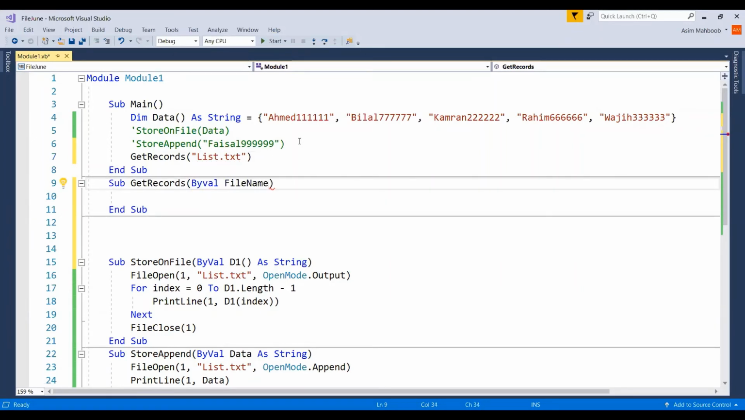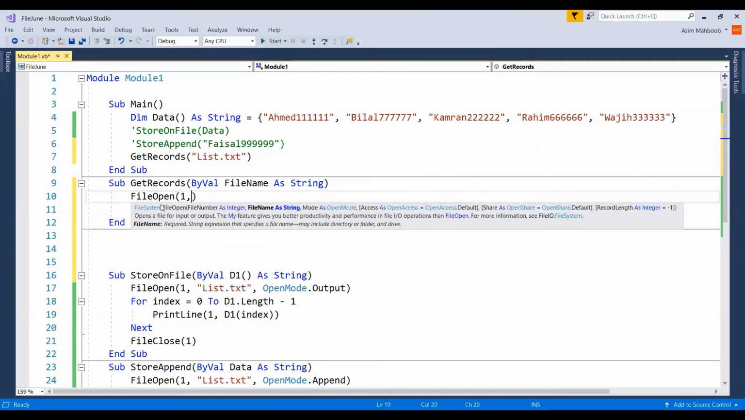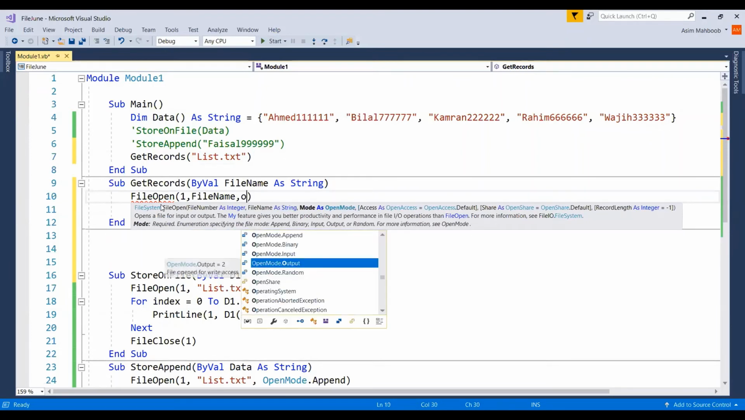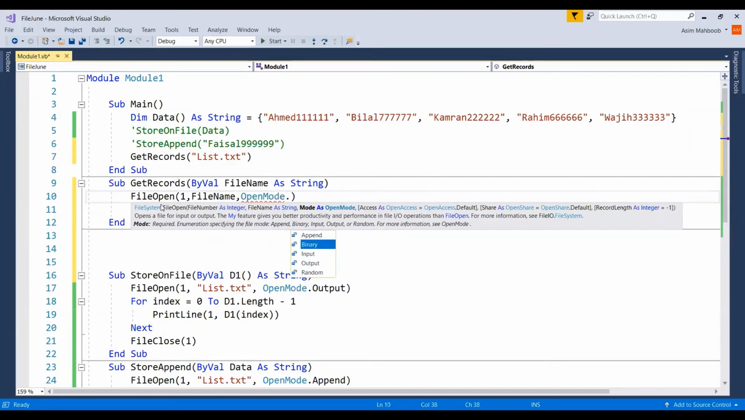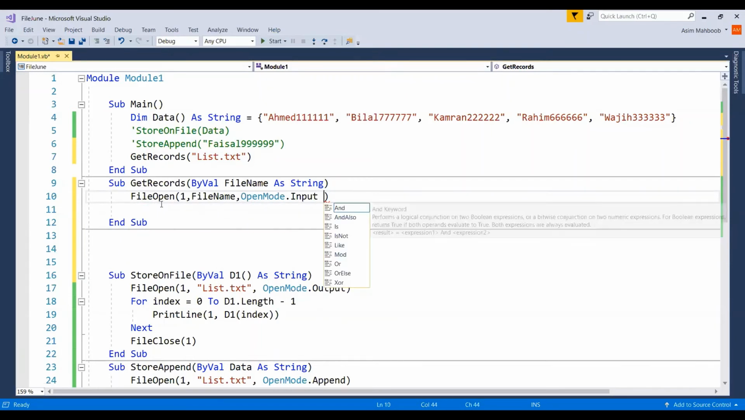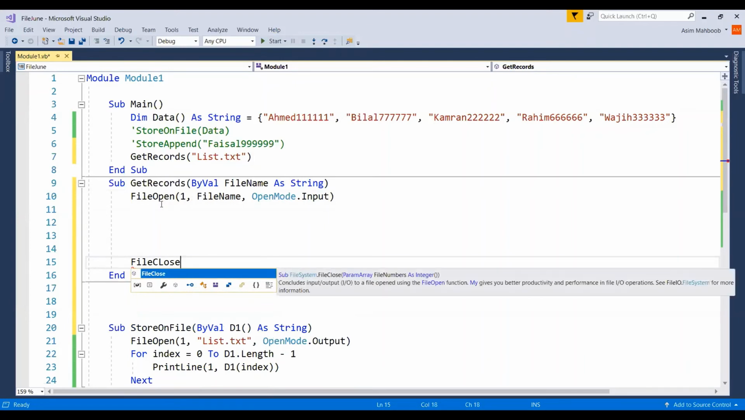नेम का वेरिएबल क्रिएट कर रहा हूँ एज स्ट्रिंग, ताकि आपको ये पता चल जाए कि फाइल भी पास हो सकती है। सो जिस फाइल के रिकॉर्ड्स गेट करने की कोशिश कर रहा हूँ उसका नाम पास कर रहा हूँ, वो नाम यहाँ आ जाएगा और हम इस फाइल को खोलेंगे। अब फाइल ओपन, नाम 1 रख दो और जो फाइल का नाम है वो वेरिएबल फाइल नेम में स्टोर है, और इसको ओपन करो किस मोड में, ओपन मोड डॉट रीड में, यानी कि इनपुट, एंड देन आई क्लोज।